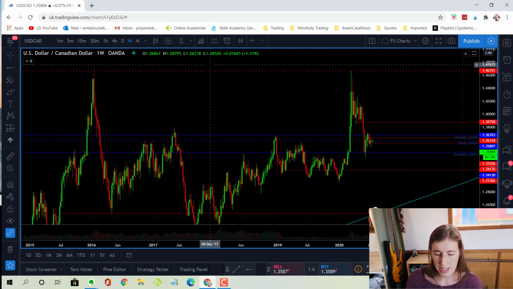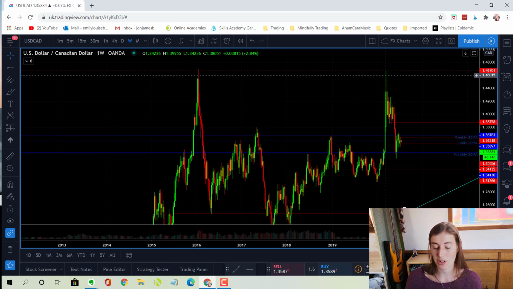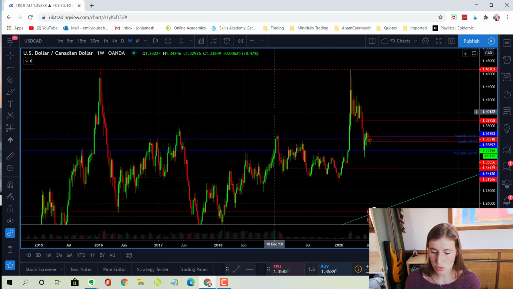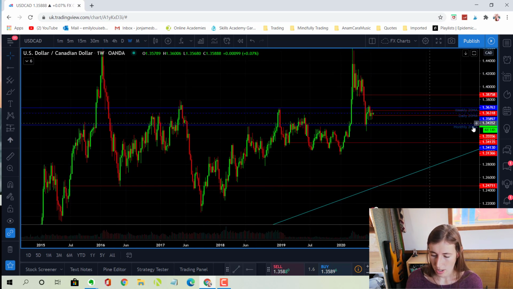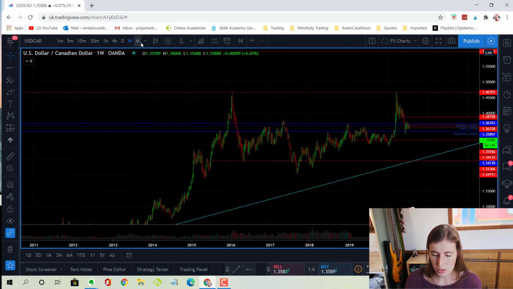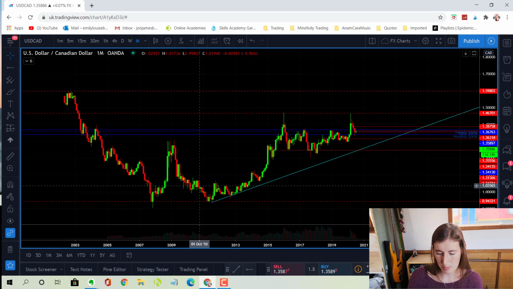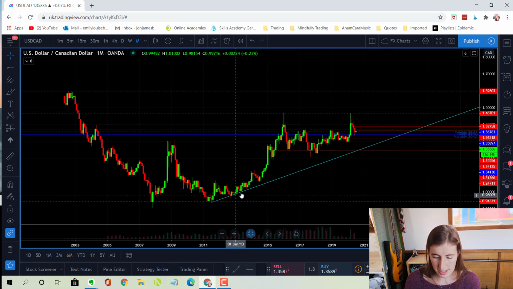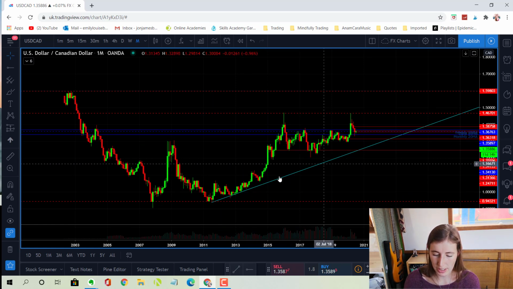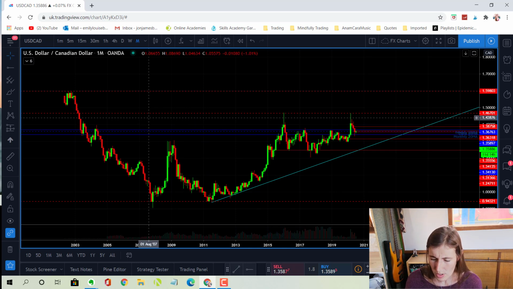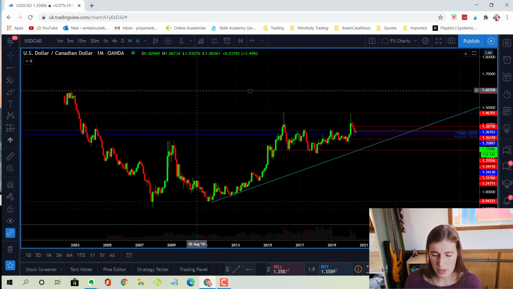So I have this pivot line drawn here because we've had these two significant rejections of that level on the weekly, so it's quite a strong resistance at the moment. And if I zoom out on the monthly just to share how I've come up with this trend line, you can see that we've made this big cup really, but I've connected these points on the monthly, so we've got this trend line here,